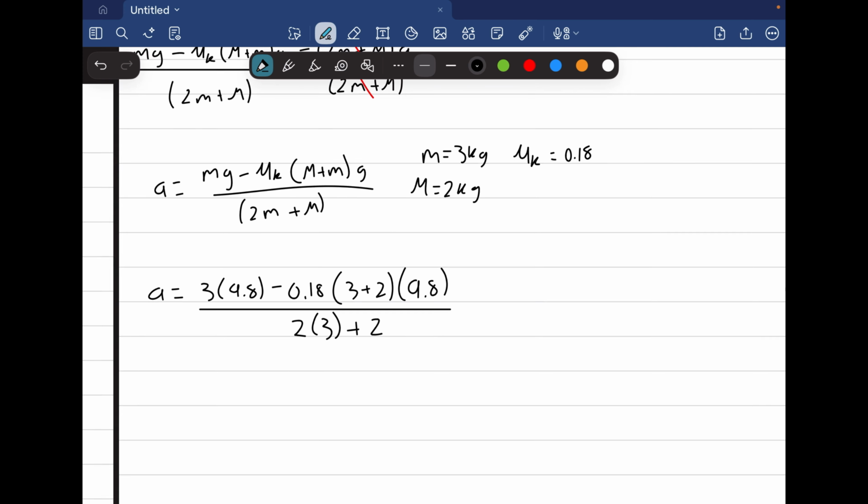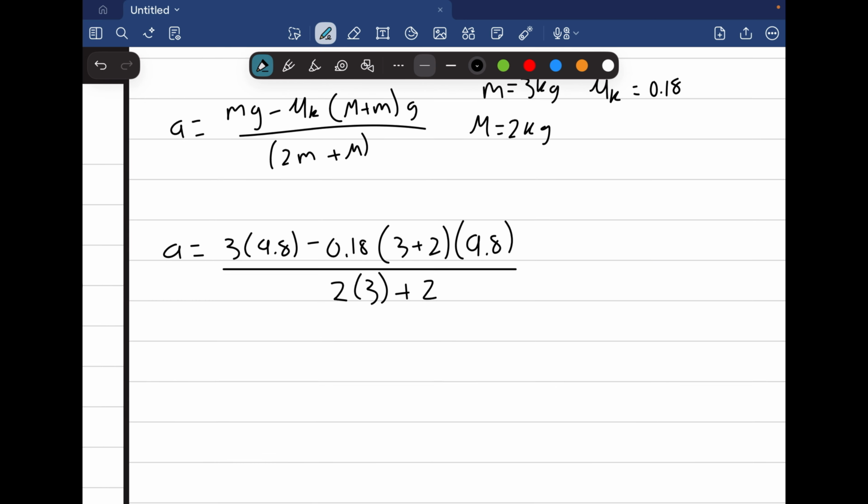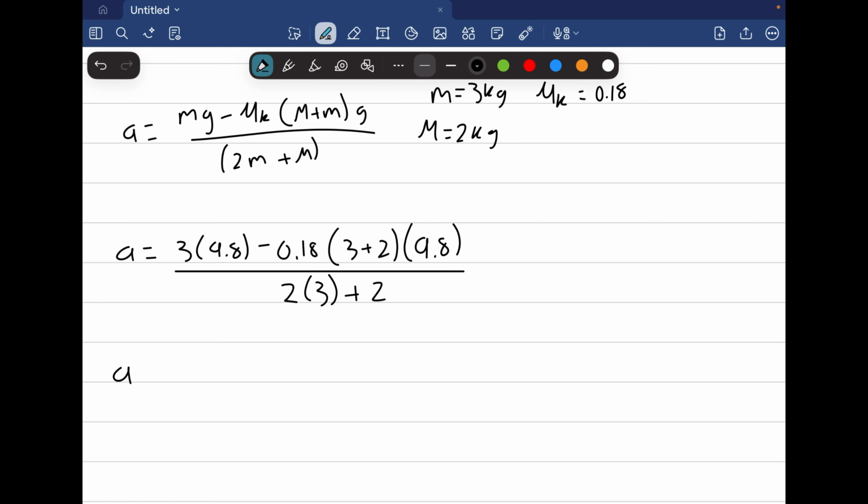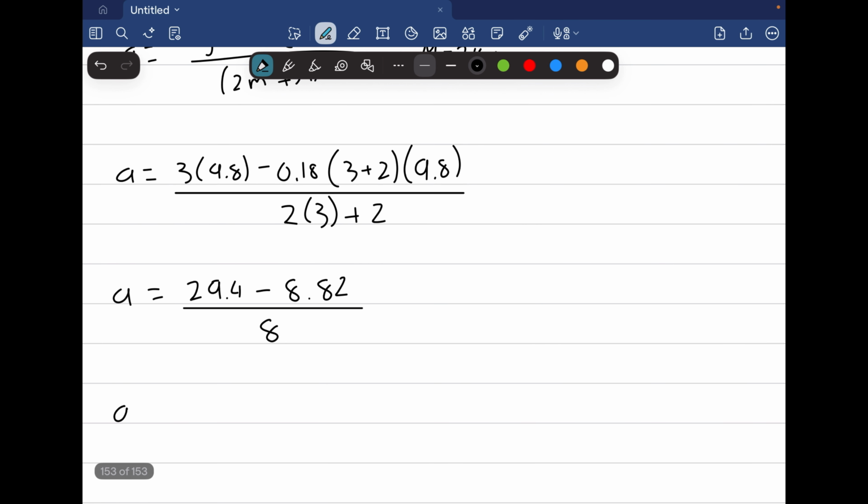Right, okay, so I'll simplify it a bit. So this is 29.4 minus 8.82 all over 8. So your A is equal to positive 2.57 meters per second squared. Okay,